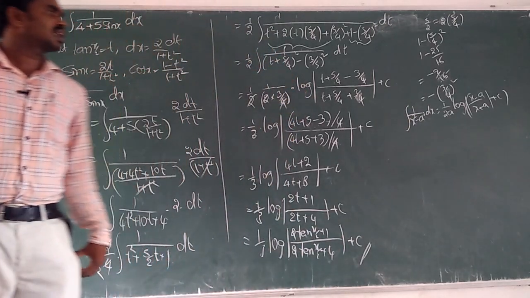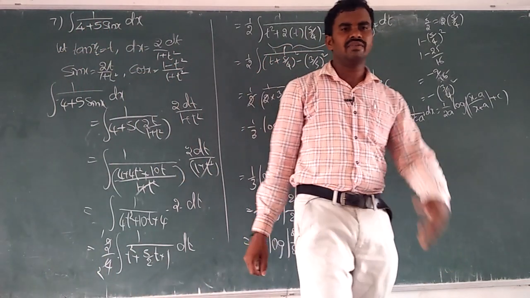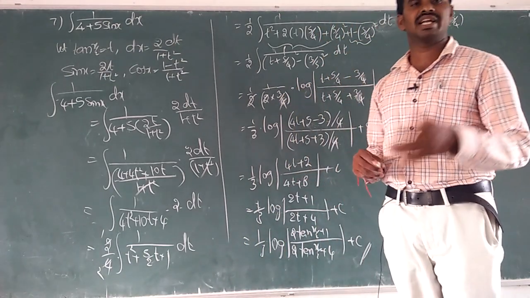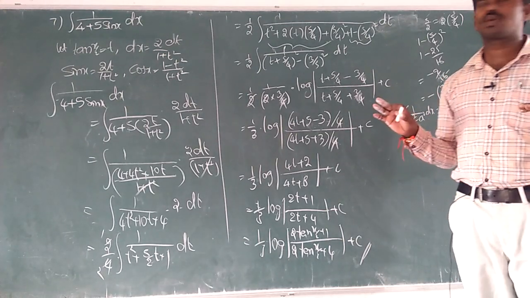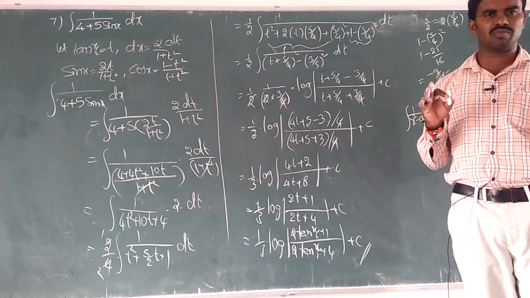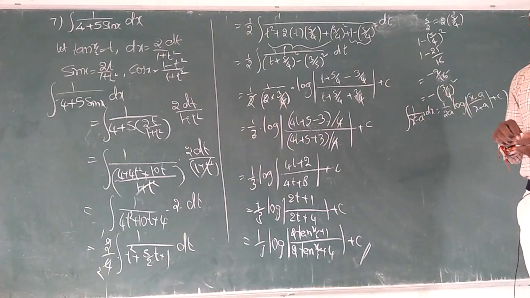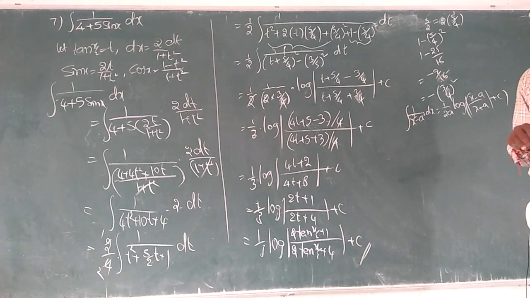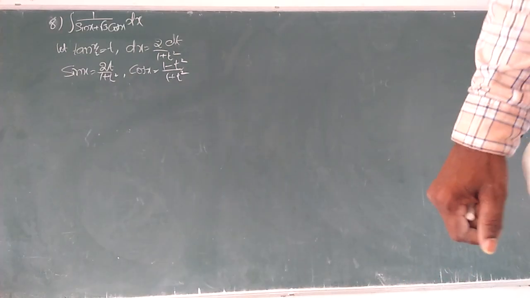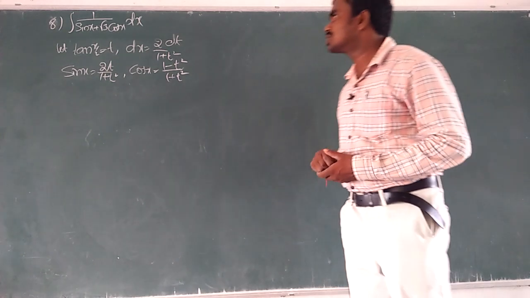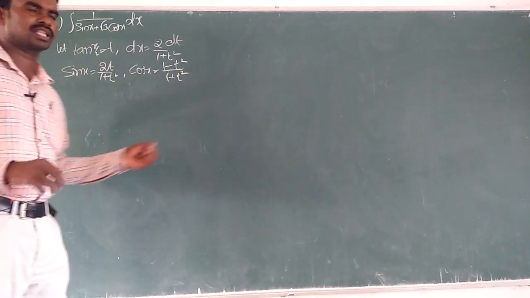These are the 7 marks questions. In this way we have to split. The remaining questions, just 2 or 3, you do in the same way and get the answer. But most probably the first, second, third, fourth are the most important in this integration chapter. Okay, I would like to say one more problem in this method. Let us take the 8th question. You do those problems in this method.